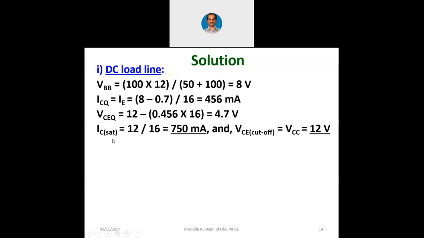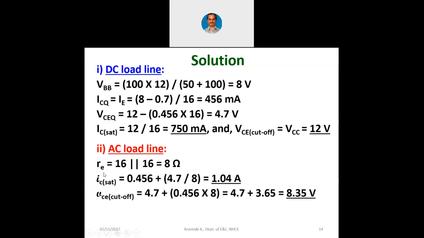Now finally, IC sat, what is it for plotting the load line? 12 volts divided by 16 ohms, assuming the transistor is in the saturation region, that is 750 milliampere. And VCE cutoff is what? VCC itself, that is 12 volts. Now proceeding to the AC load line. For the AC load line, it is small RE now, it is not small RC, because we are taking output at the emitter. There are two resistors